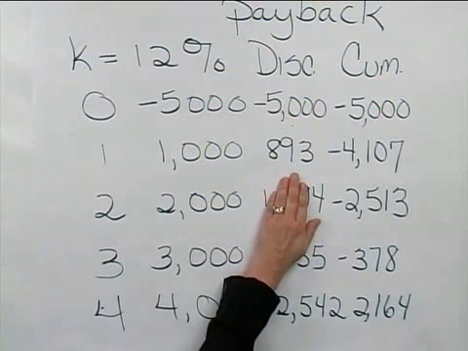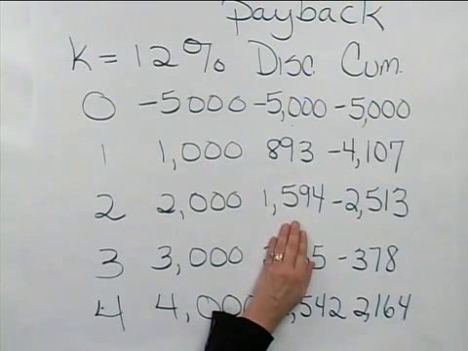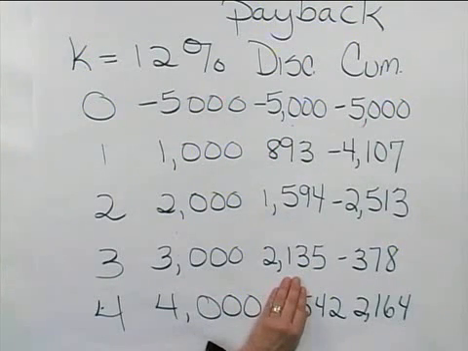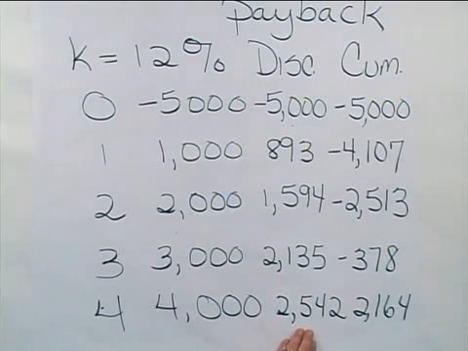So 1,000 divided by 1.12 is $893. $2,000 divided by 1.12 squared, discounting back 2 periods, is $1,594. $3,000 discounted back 3 periods, so 3,000 divided by 1.12 cubed is 2,135, and 4,000 discounted back 4 periods, 4,000 divided by 1.12 to the 4th power is